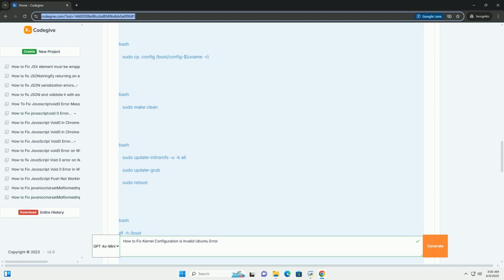The kernel configuration file, .config, defines the options used when compiling the kernel. It dictates which features are enabled, disabled, built in, or built as modules. Kernel modules,